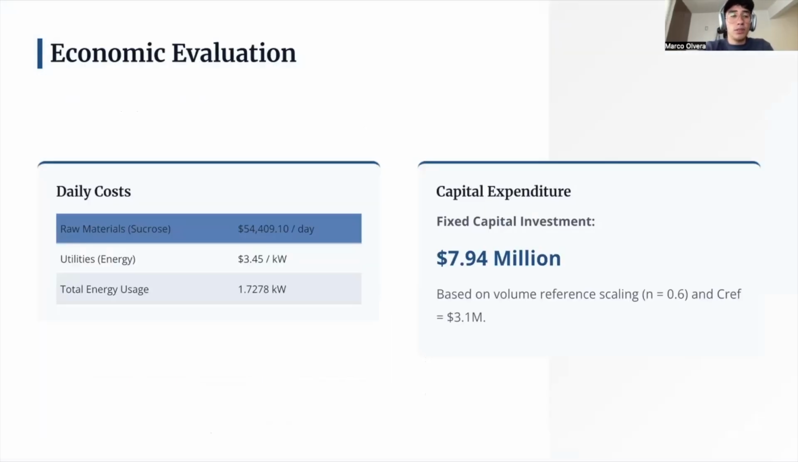Okay, for the economic evaluation, we have the daily cost of the raw materials, basically the sucrose, 54,409 dollars per day, and the utilities are 3.45 per kilowatt. The total energy usage from our energy balance is about 1.72 kilowatts. So we have a capital expenditure of about 7.94 million. This is really a lot because in the volume reference we got about 3.1 million,